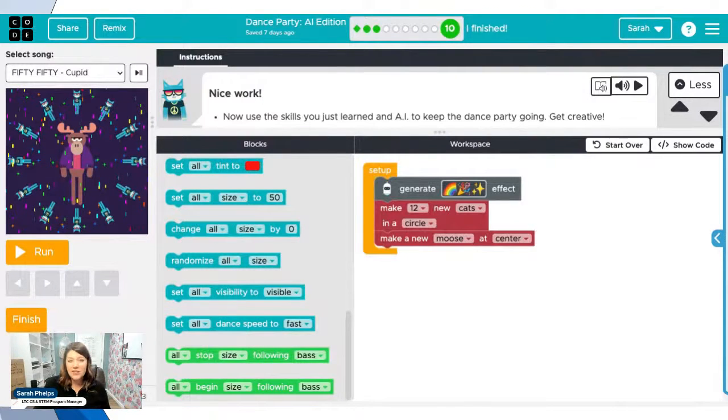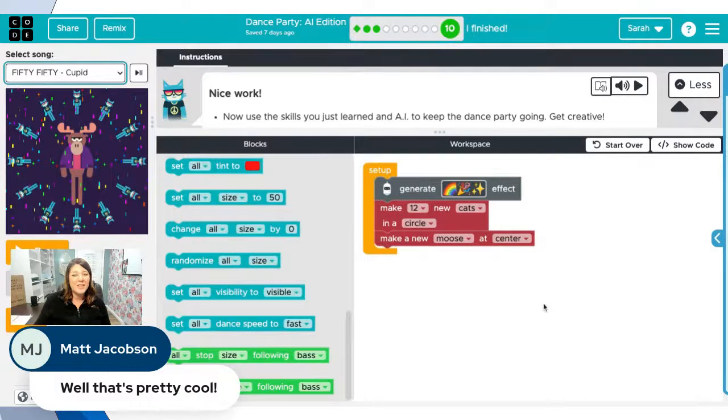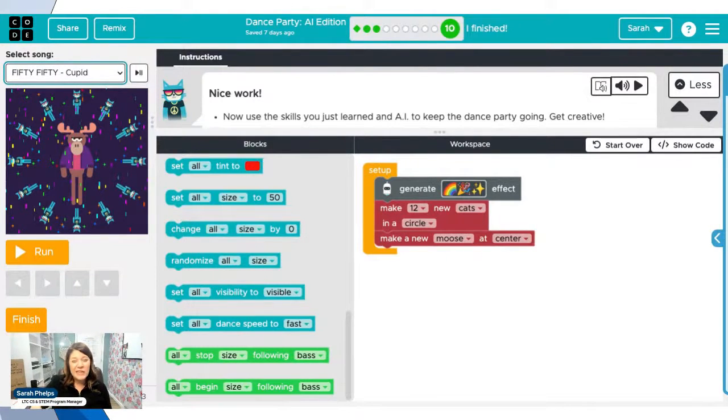Again, if this is your first time with computer science, or your students are just experiencing coding for the very first time, this is a winner. Again, when you get to 10, you get all of this music. So every student should be able to find some genre that they love. I will tell you, I've done this with students, with second grade all the way up. Middle schoolers and high schoolers love this activity as well, if it's their first coding experience.